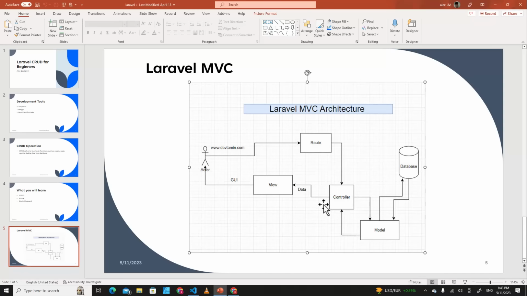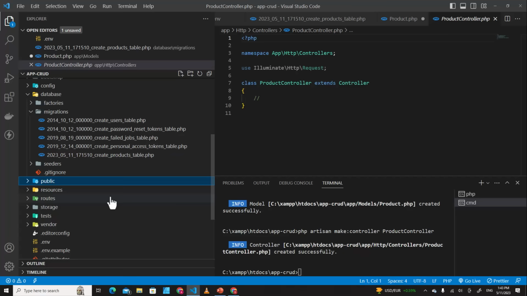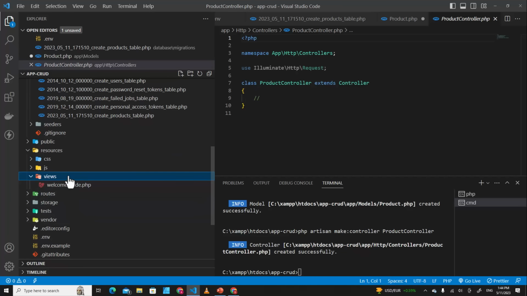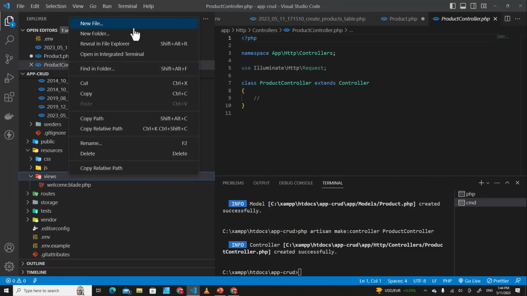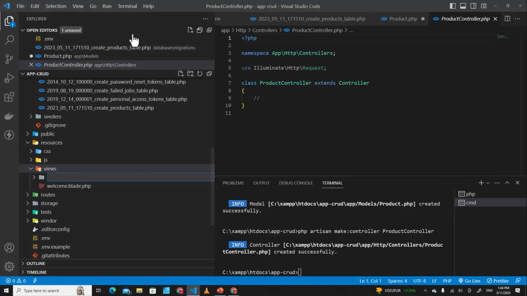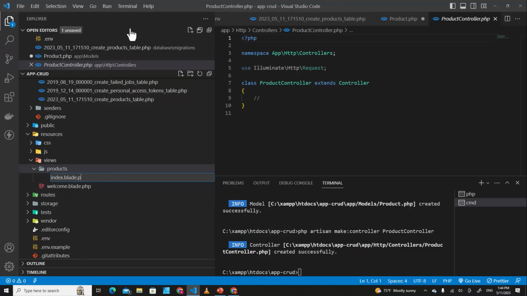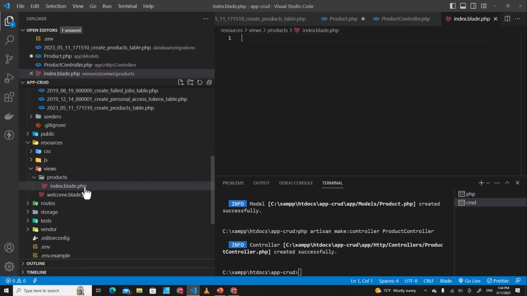And if we go back to PowerPoint, we will see that route interacts with controller, and view also interacts with controller. We are going to create a view first, and then we are going to create the route. Okay, to create the view, we go to resources and then view. Let's create a folder over here and name it products. And then let's put